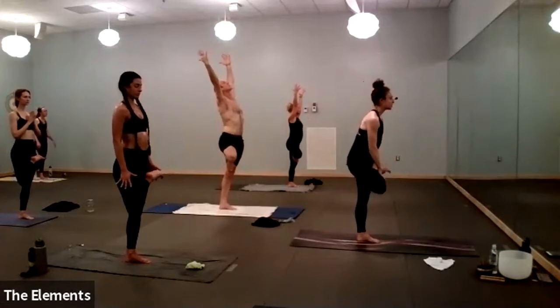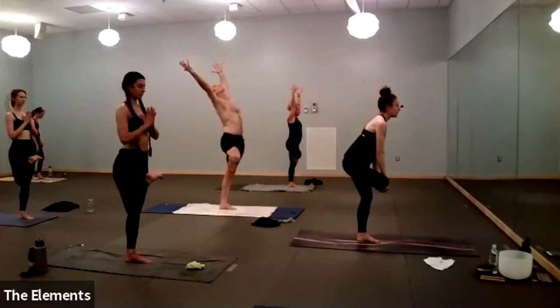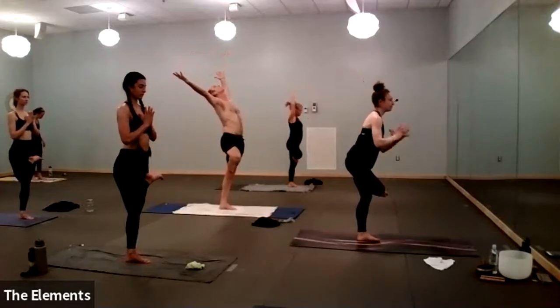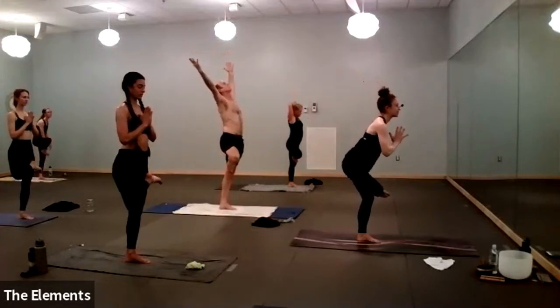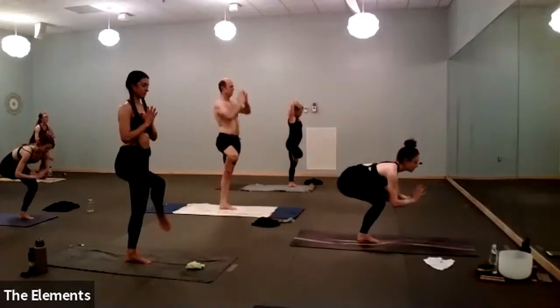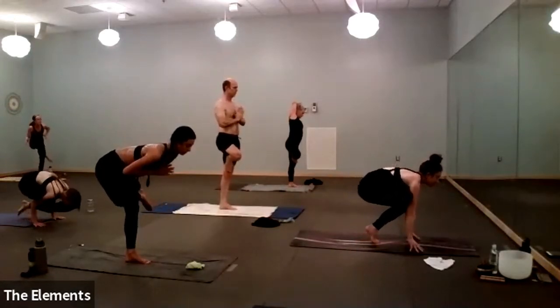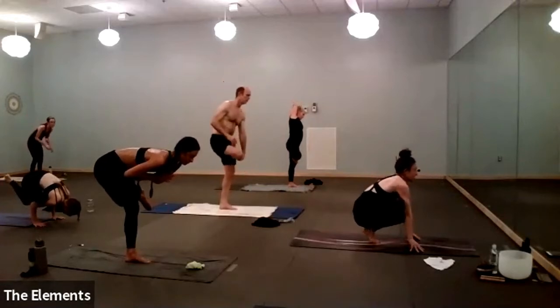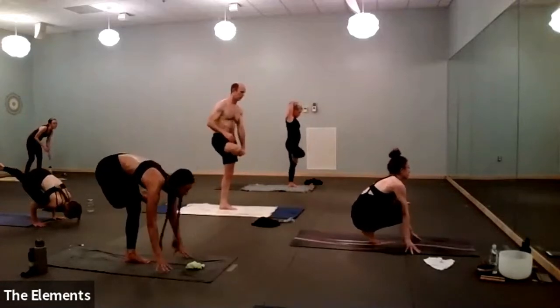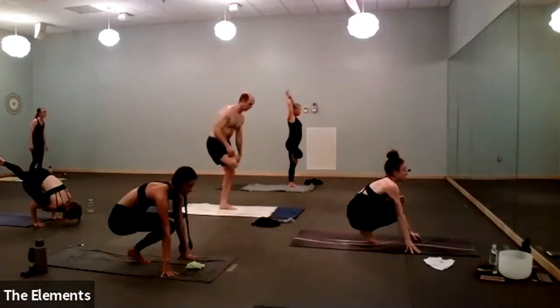If anyone is interested in a lower variation, I'll demo that. We'd be bringing the ankle down toward the top of the knee, bring the hands to heart center, starting to lower the hips down to the ground, and then bring the hands to the ground and pop up to the toes, and then bring the knee the whole way down. And what we want to do is bring, yeah, you got it. Bring the right shin to the back of the tricep,